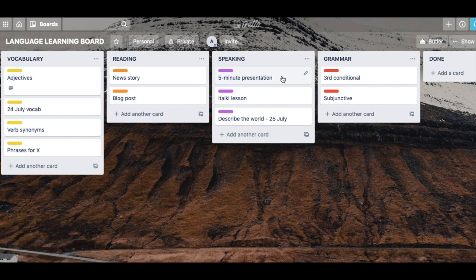I want to complete an italki lesson, and I want to be able to describe the world. And I'm going to do that specifically on the 25th of July. I've noted that down because I know I've got some time then to do it. In terms of grammar, I want to practice the 3rd conditional, and I also want to learn about the subjunctive. So this schedule is more flexible because it doesn't include any dates or times, but it's also more specific because it's got specific information about what I want to be studying, which is